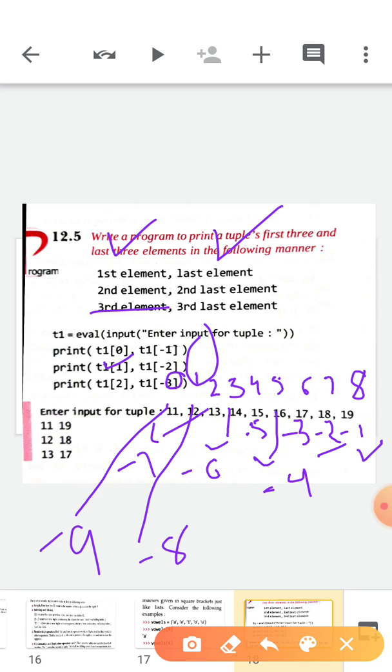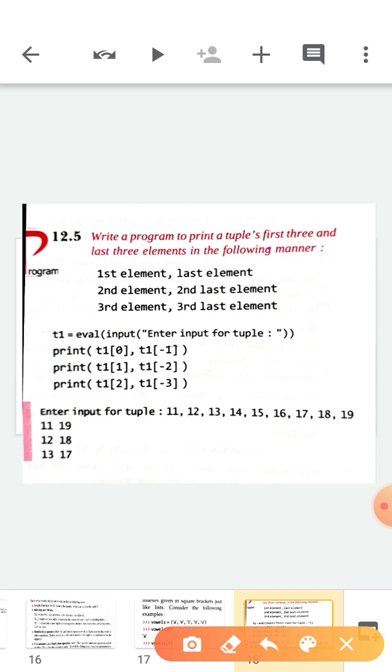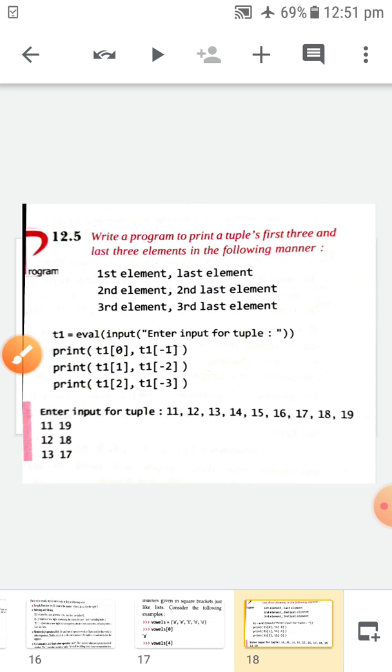Then you want the third element and third last element. The third element is at 2 and the third last is at -3. So in this way you can print the output in this format. So you should know how to do indexing, children. If you know about indexing, then you can do such kind of output printing.